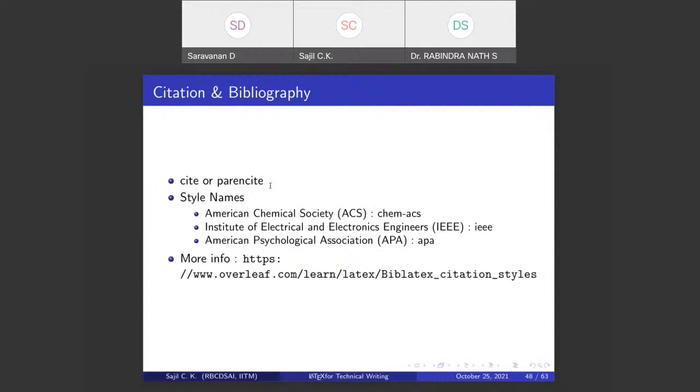But when it comes to the reference part, all the references will be sorted in alphabetical order. That way, someone reading the paper can track the author name, go to the reference section and see which paper it is. There are a couple of popular citation styles like chemical ACS, IEEE, APA, etc. So we will see how that works.